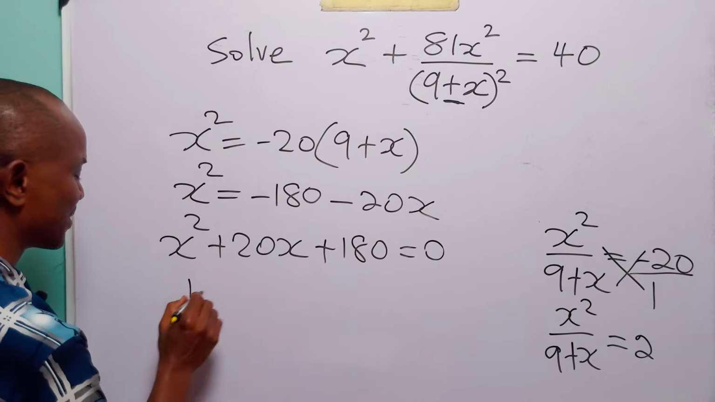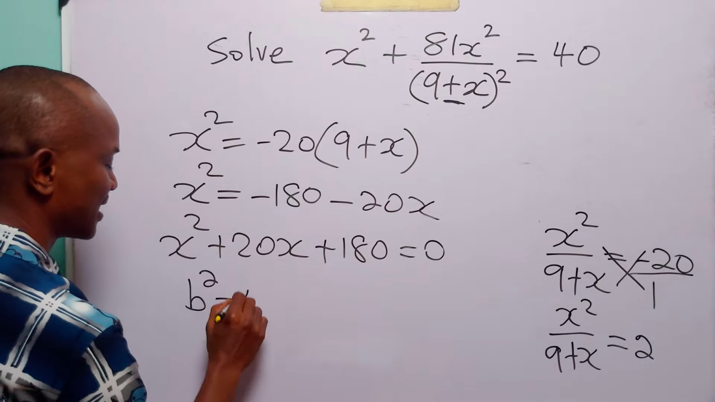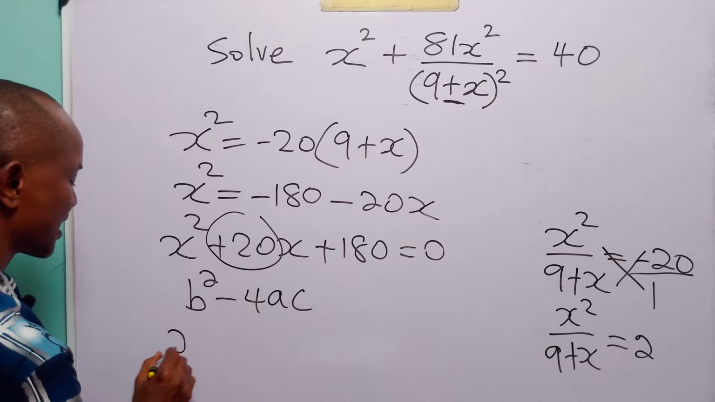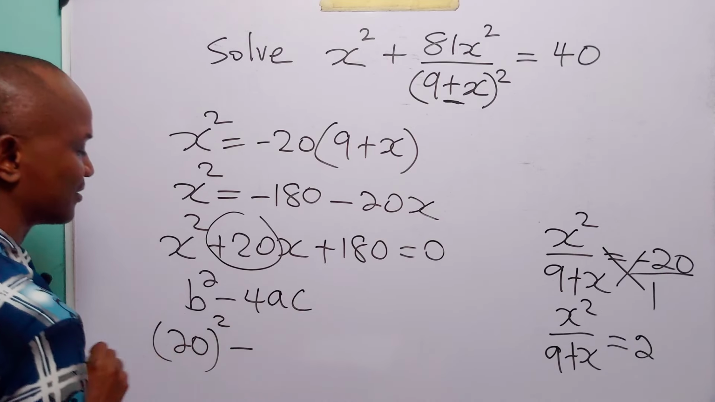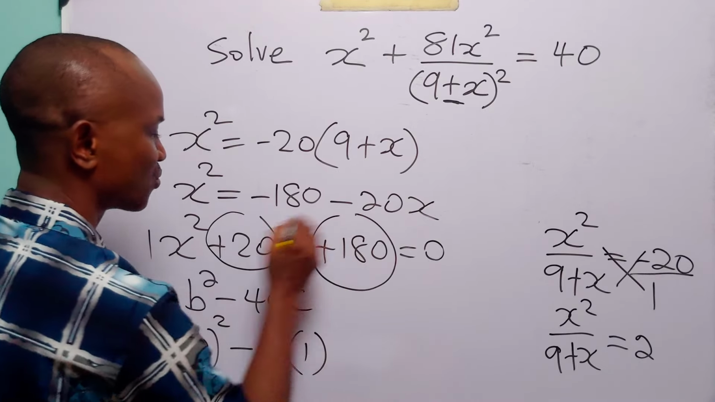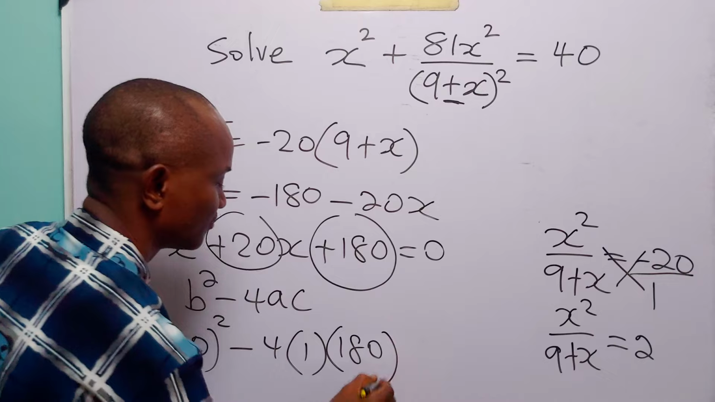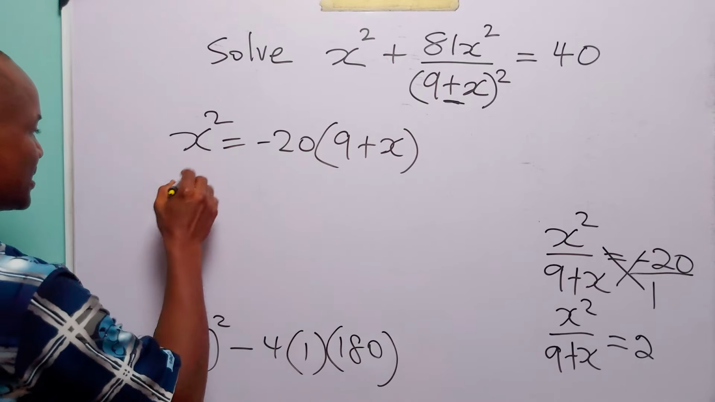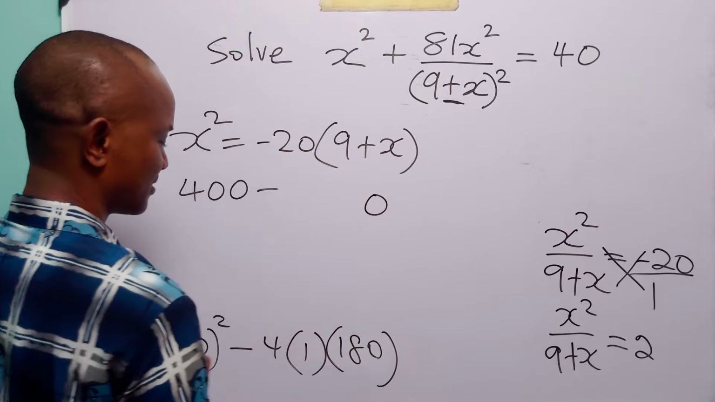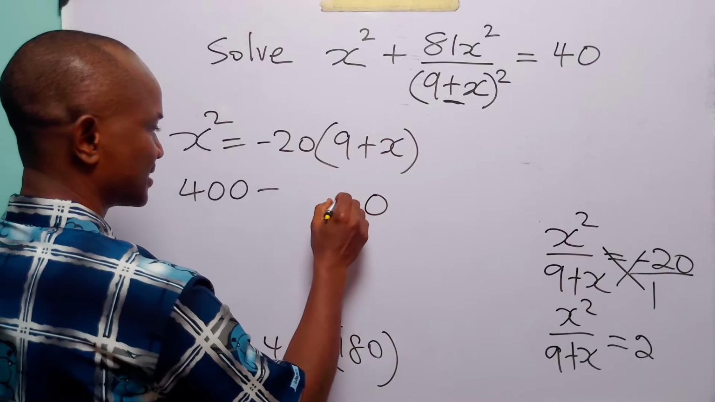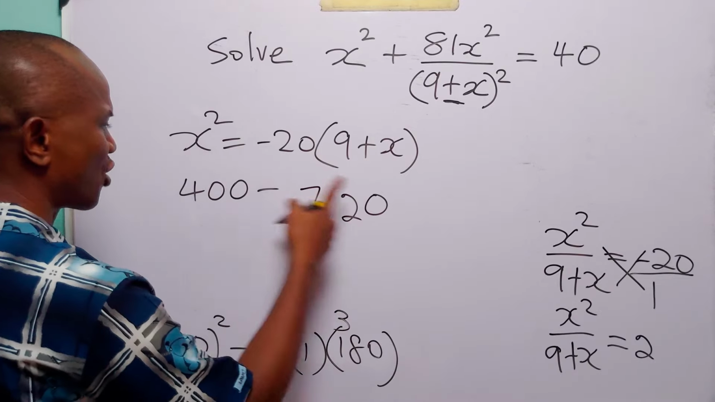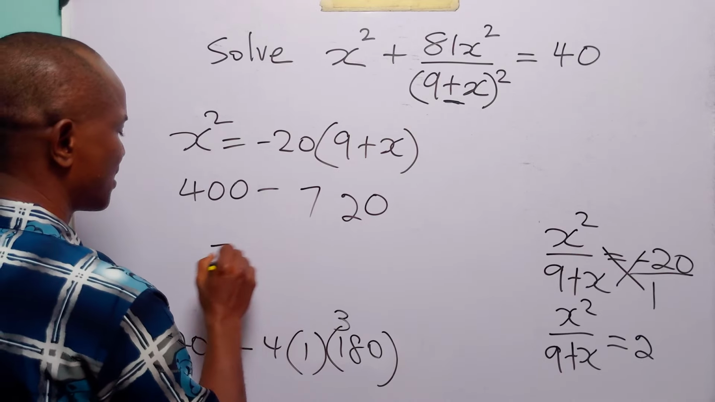And of course, to do that, we apply our discriminant b squared minus 4ac. You know that b is plus 20, so we have 20 squared minus 4. A is 1 and c is plus 180. 20 squared is 400. 4 times 0 is 0. 4 times 8 is 32. 4 times 1 is 4, plus 3, 7. So we have 400 minus 720. That is minus